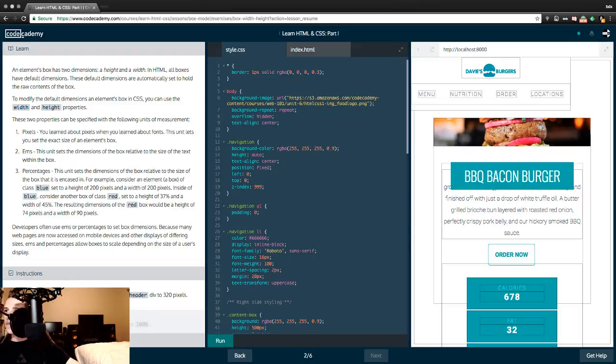Okay. An element's box has 2 dimensions, a height and width. In HTML, all boxes have default dimensions. These default dimensions are automatically set to hold the raw contents of the box. To modify the default dimensions of an element box in CSS,